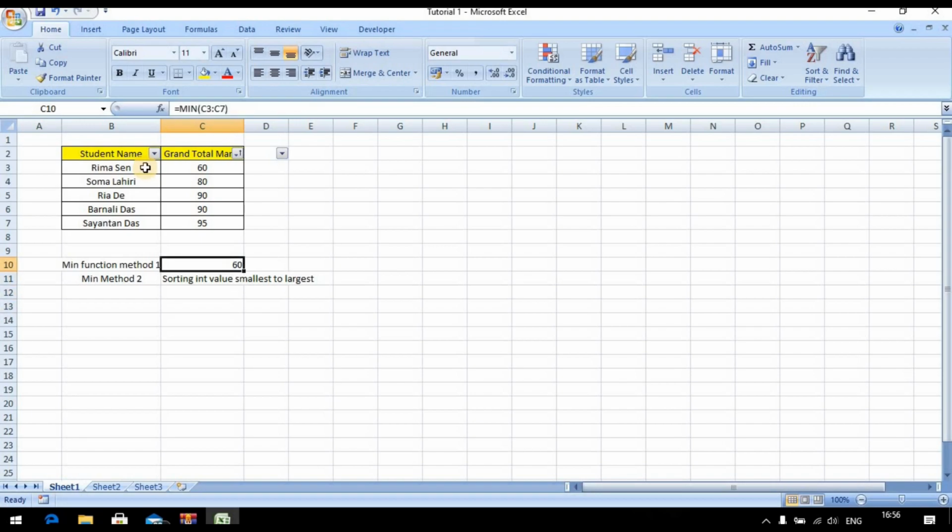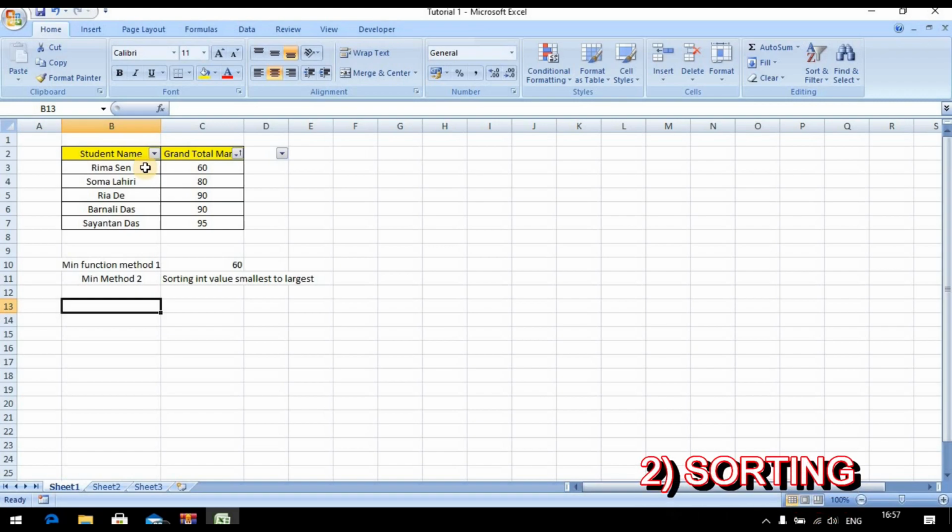So instead of the minimum function, we can also find the minimum value in a table just using the sorting function.